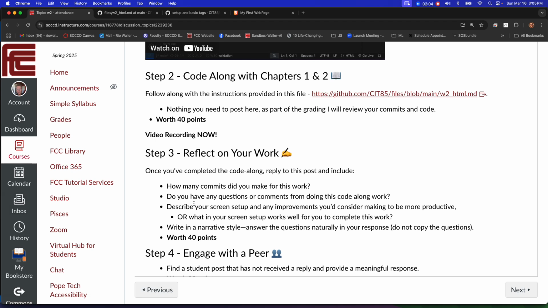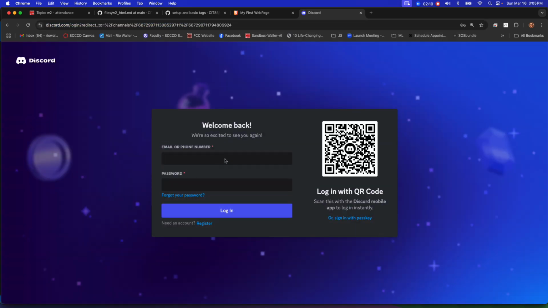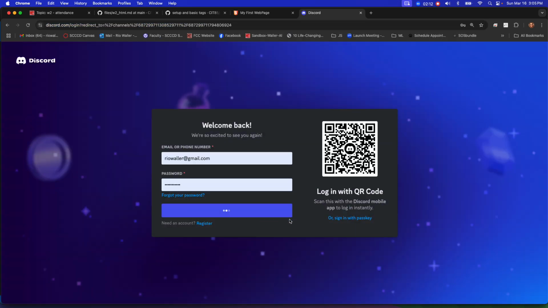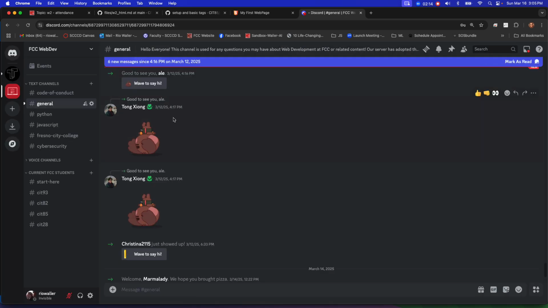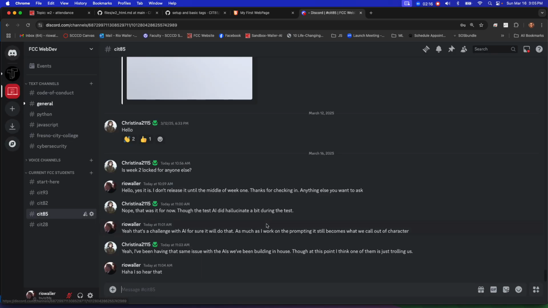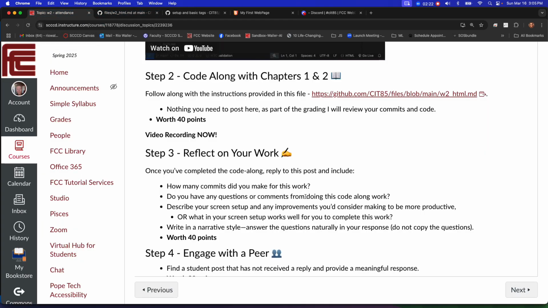Going to Discord and asking is another. I don't have Discord open, but I could open it real quick. Let's see, oh, it let me in. So in CIT85, I see that there's already some discussion out there, which is great. So you could go there. You could go to the tutor, so the tutor, Zach's hours are listed here.